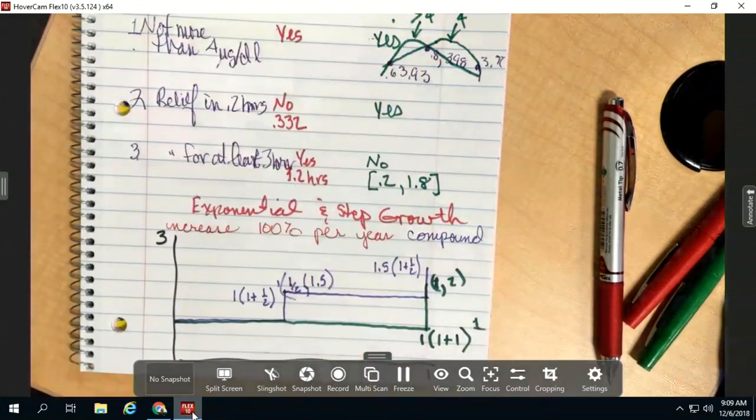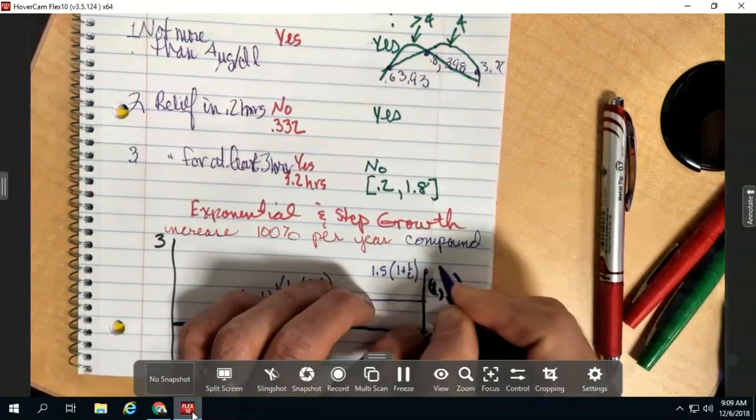I take what I had, 1.5, and I multiply it by 1 plus a half. Well, what's 1 plus a half? 1.5. Do it on your calculator, and what do you get for an answer? 1.5 times 1.5 is 2.25. So by compounding,